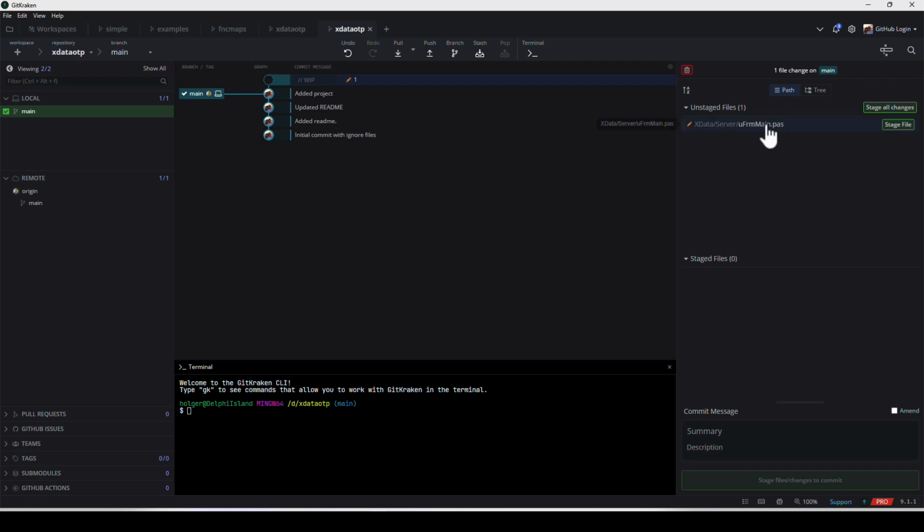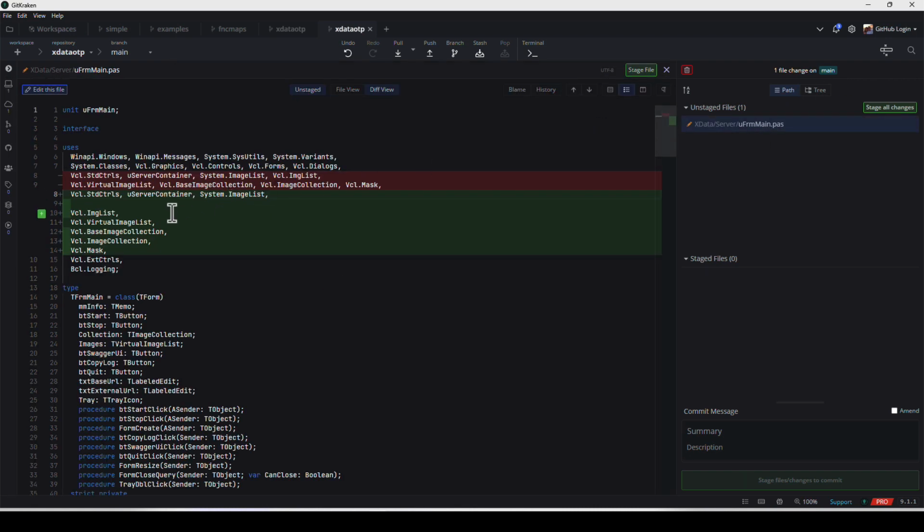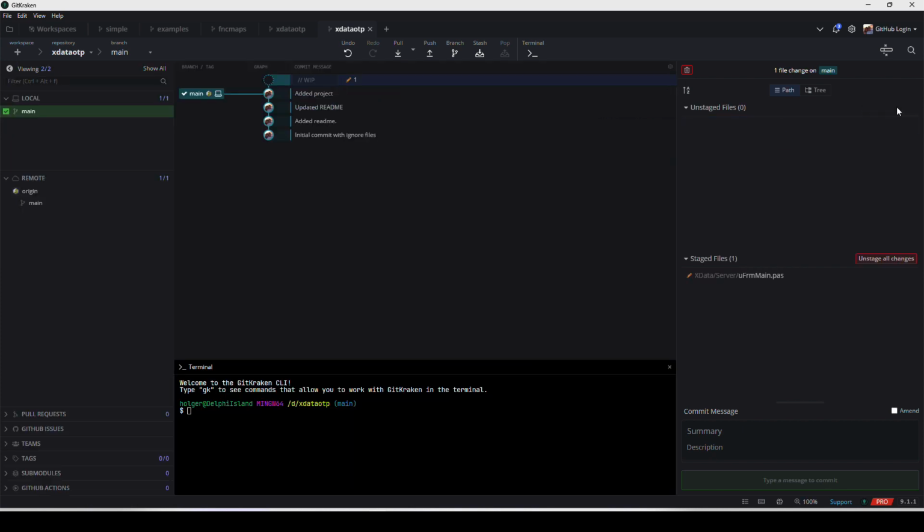I can say view change. I can click on it and it even tells me the change that I made right here. And then I stage the file. And after staging the file, I make a commit. And now this would be like iCandy. Okay? Boom, done. I would commit and the commit would go in here. That is how I would do it with GitKraken. I can unstage easily without using the command line. What I can also do, I can discard all the changes that I made compared to this.